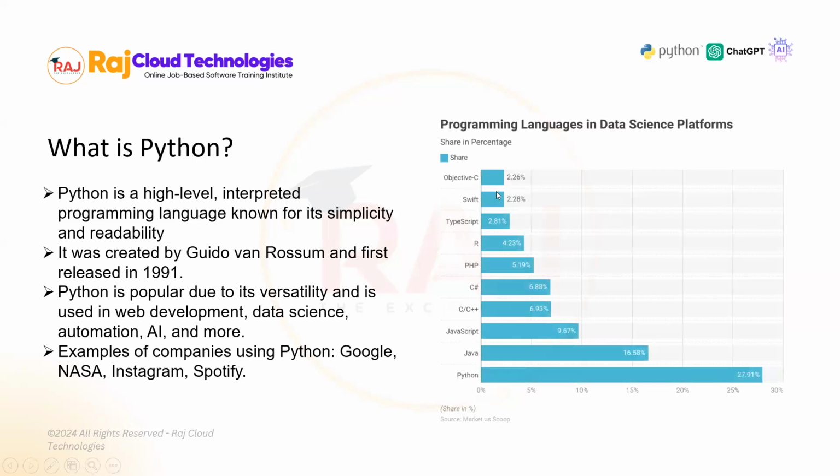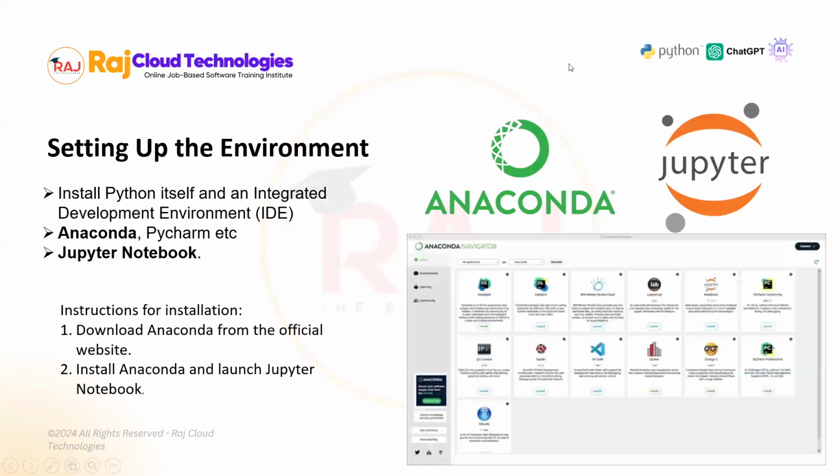As a programming language, Python has been very popular on data science platforms. It has a very significant market share as a language, especially on data science platforms. Among all the programming languages, it has a significantly higher market share compared to any other programming language. It's very, very large compared to that.